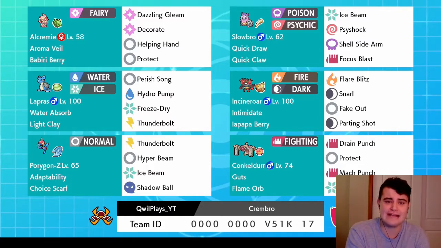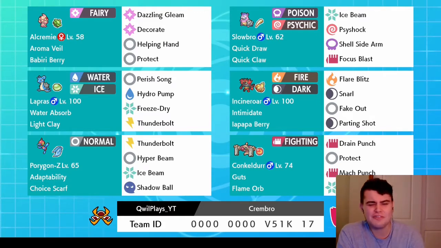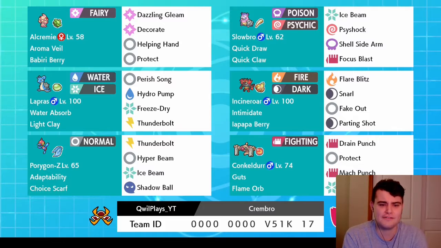Compared to the last Rillaboom and Hawlucha strategy, I think I like them about equally, honestly. Alcremie is one of my favorite Pokemon from Generation 8. And I think Galarian Slowbro is just really cool, especially with that 40 to 45% chance to always go first. It's not a perfect strategy, just like the last one wasn't perfect, but I think that this one's going to